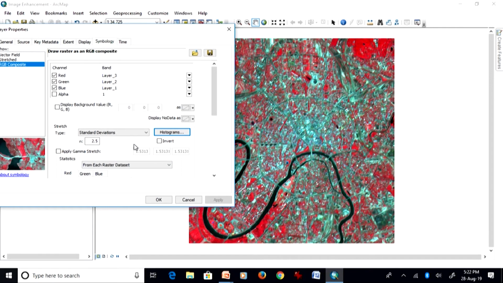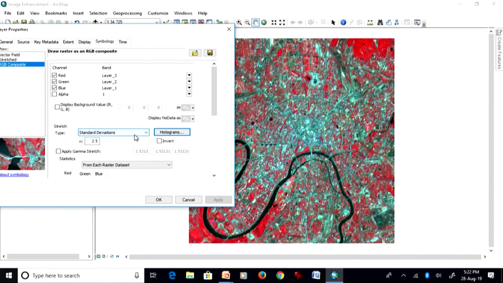Second, if you are going for further processing like classification and other things, it is better not to do a lot of stretching to your input image, because after all you are going for pattern recognition or object recognition through classification, and that may create problems there.